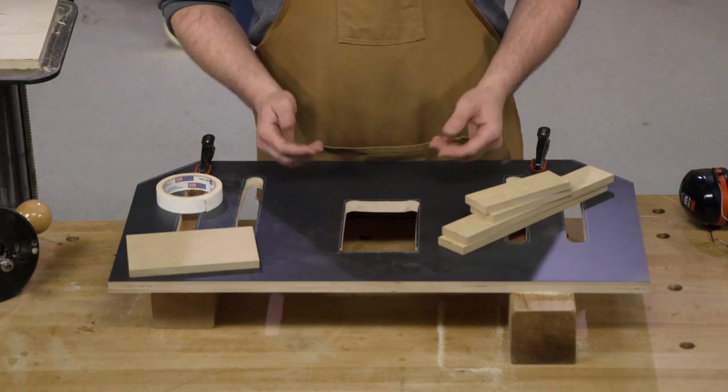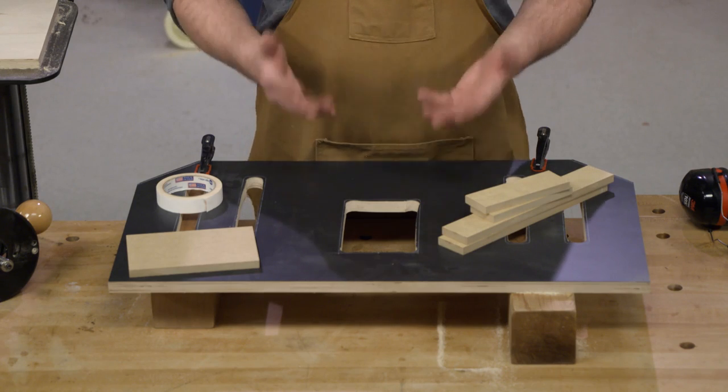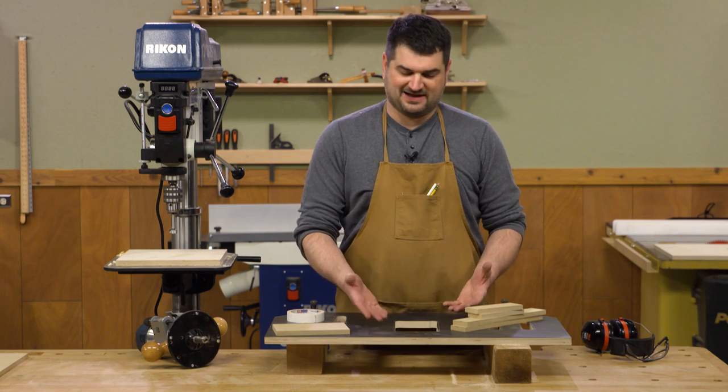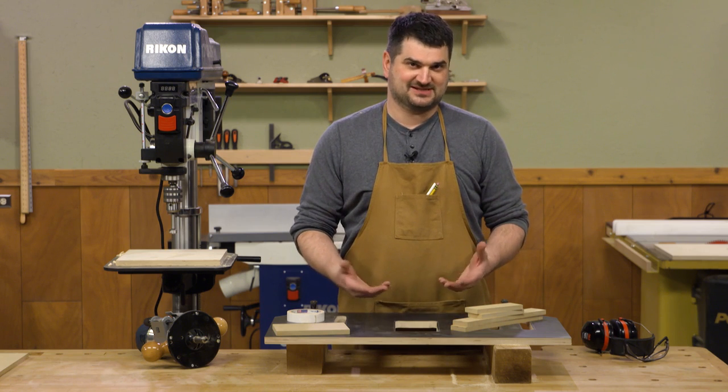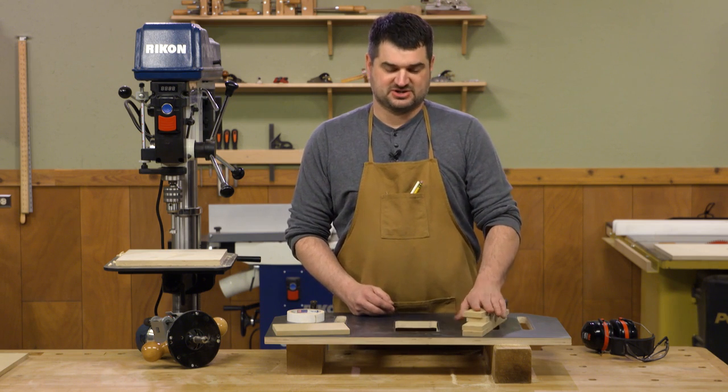Okay, I've got all my parts to start routing this middle insert opening. If you're following along with the plans, it does say to make a template for this, but we only have one of these openings, so it doesn't really make sense to make a whole template just for this one opening. So I'm just going to use some straight edge pieces,